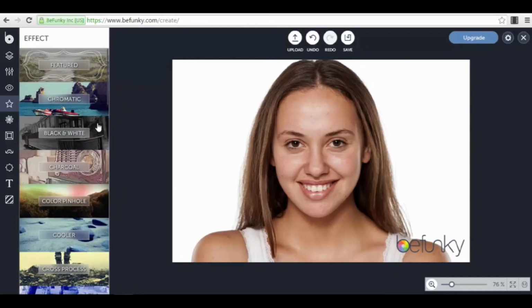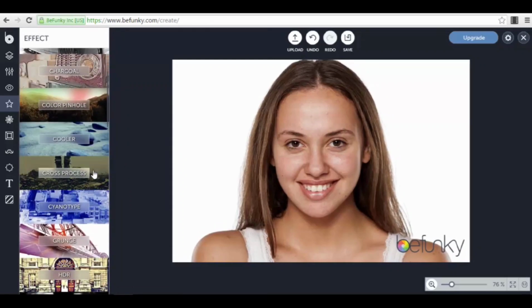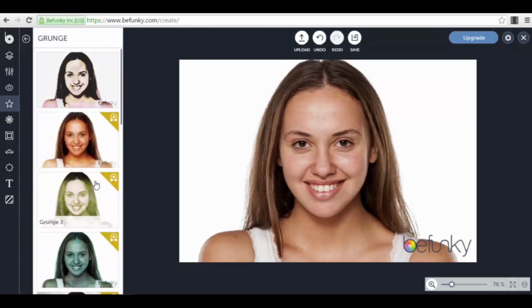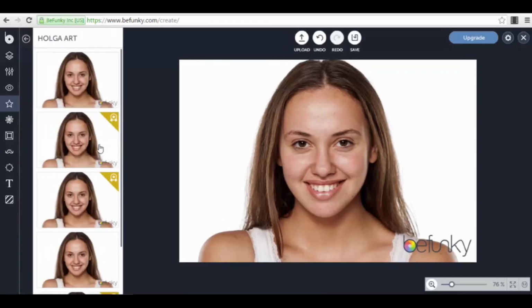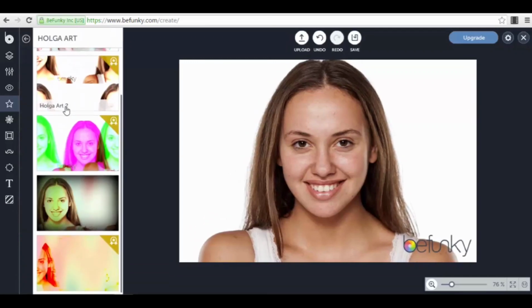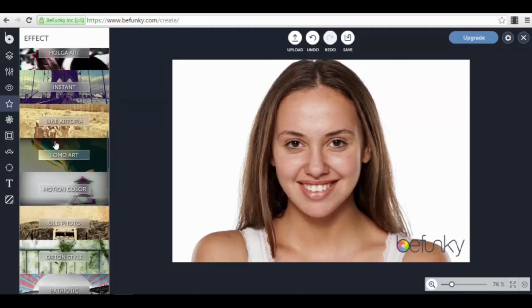We have black and white effects, different types of black and whites and variations. The grunge effect, Holga art, for example. This one is very interesting. So we have different things that you can use with Be Funky. Then we have the